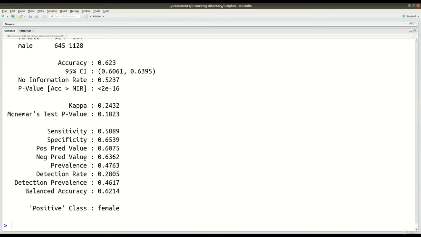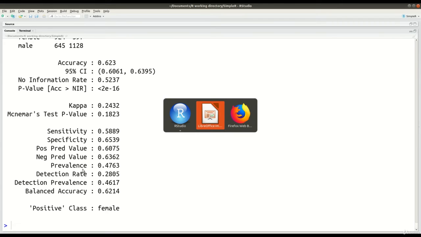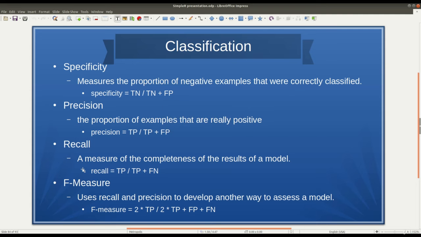So you can see here that we don't have precision and recall available here, but these are other tools that you can use if you are trying to do an analysis. But the main ones here are sensitivity and specificity. Excuse me. Now, the F measure, which is also not available here, uses recall and precision to develop another